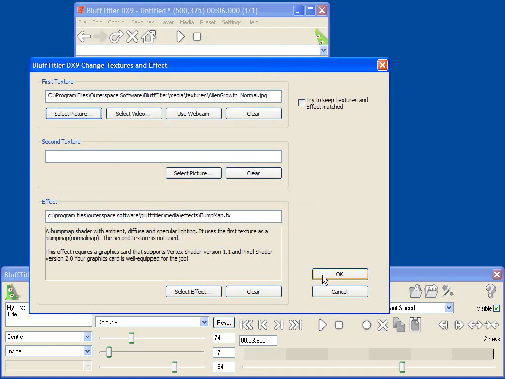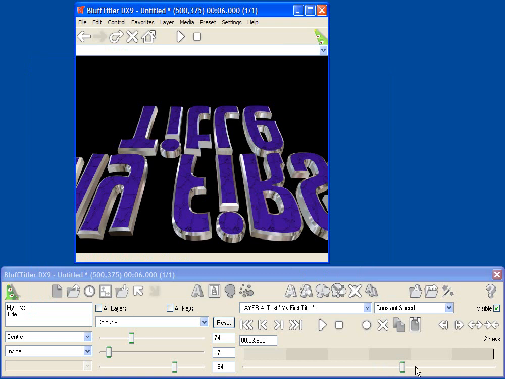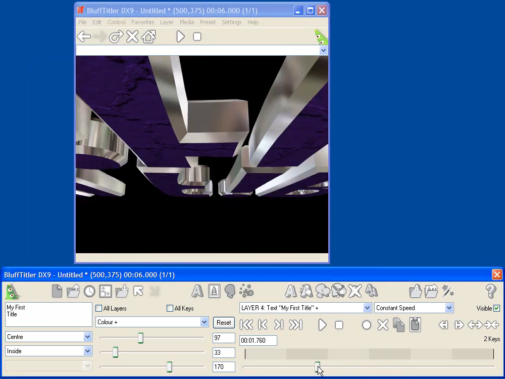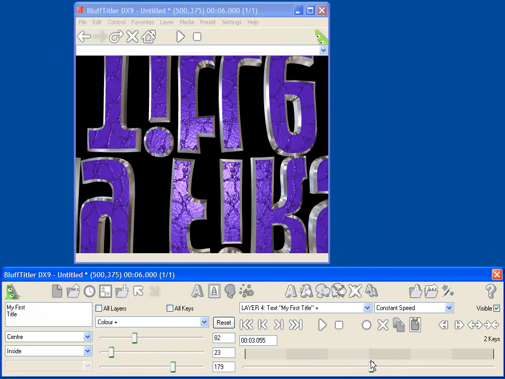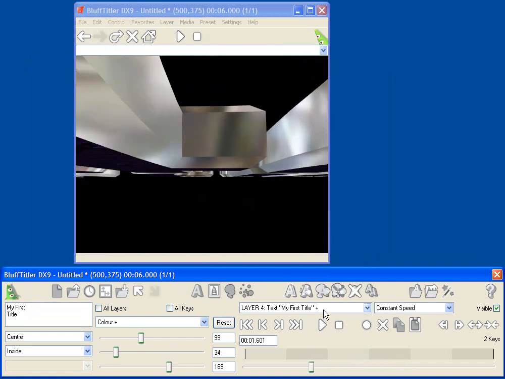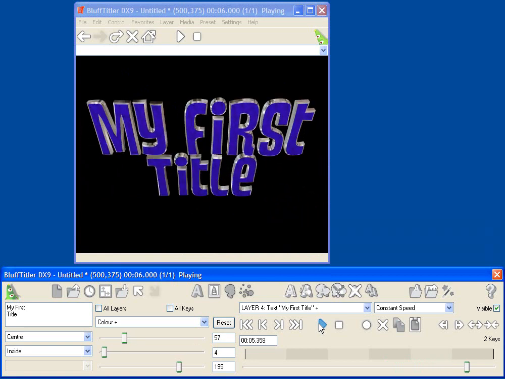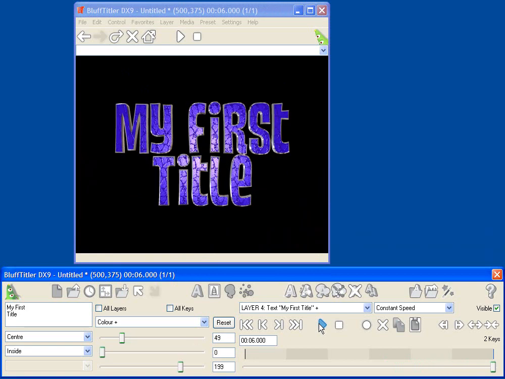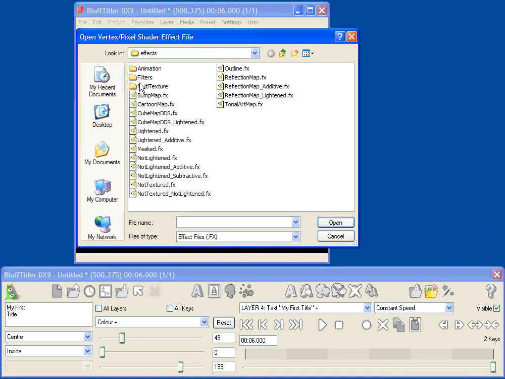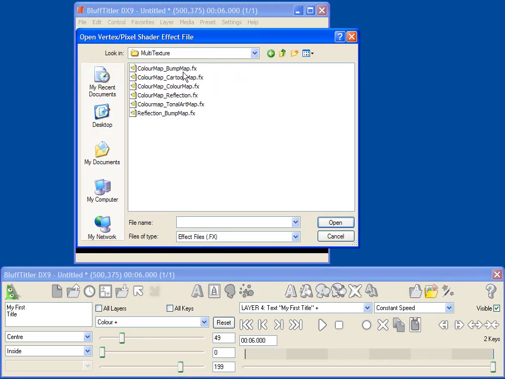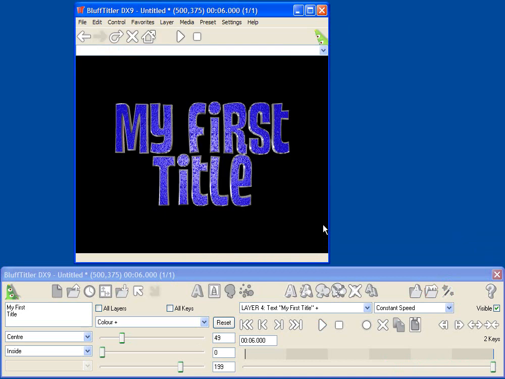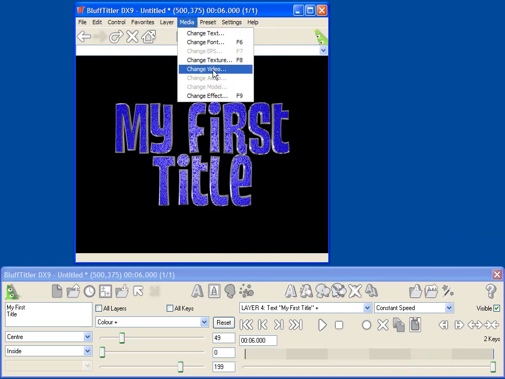Here's one that I created that sort of looks like an alien goo. And now, as we move the slider, you'll see that we have a completely different texture connected to our text. Pretty cool. Some effects actually have multiple textures, and let's take a look at a multi-texture effect where there's a color map and a bump map. So I select this texture under the multi-textures folder called color map bump map,